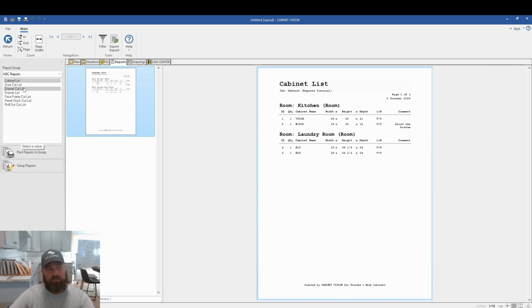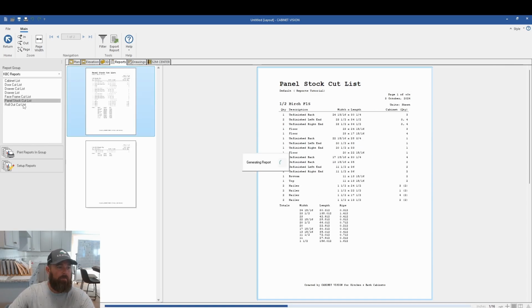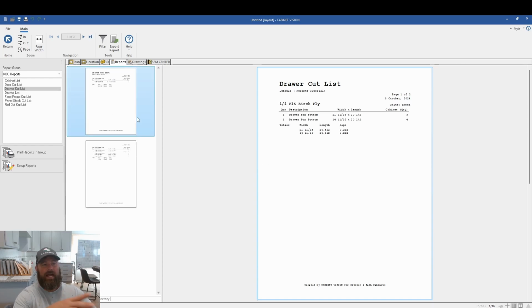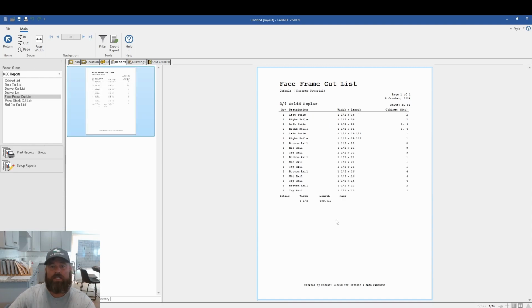The door cut list, drawer cut list, face frame cut list, panel stock, these are all going to generate cut lists based on the actual cabinet that's drug in. So it's basically saying this is set up for a regular face frame cabinet, and Cabinet Vision knows, when you make your adjustments to your width, how much length of face frame you're going to need, and so it'll dimension it out by parts into a cut list, so that way you can take it and give it to your shop guy, or if you're doing it, and it will